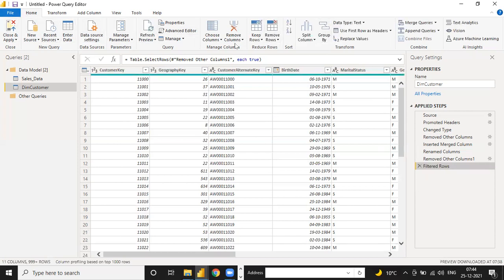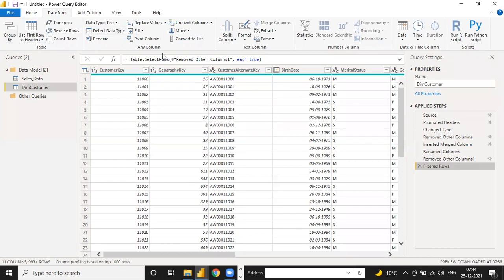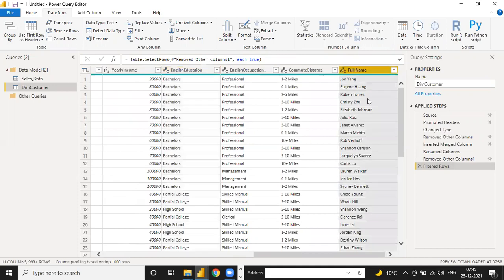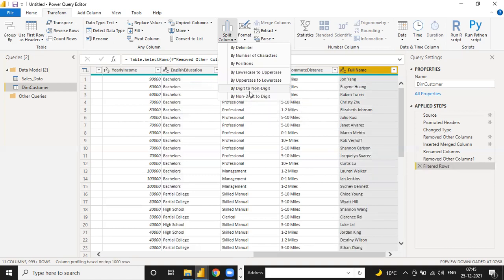In this home tab, you can add or delete anything. In this transform tab, you can transform your data. Transform your data means make some changes, like replace the value of your column, data type, text, like this. Okay, split column. Suppose here, if I go to this last name and select that column and choose split column, there is an option here by delimiter. So you can split those columns by any number of options: delimiter, number of characters, position, lowercase, uppercase, digit, like this way. Okay. So this way you can delete multiple columns or split multiple columns in your data.